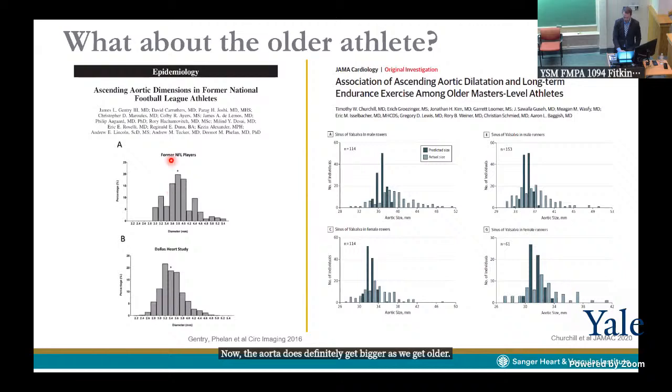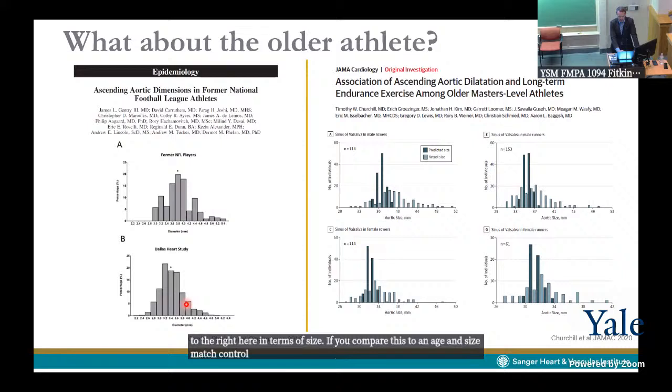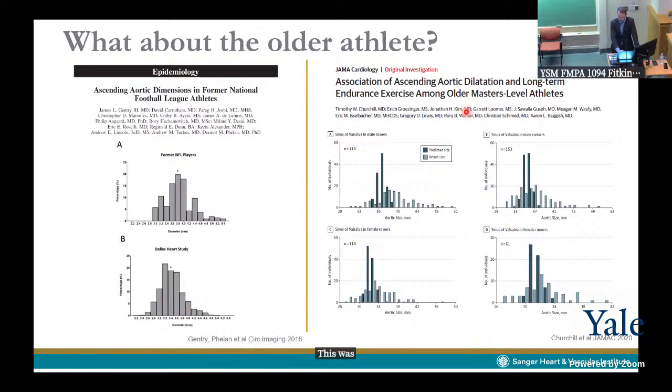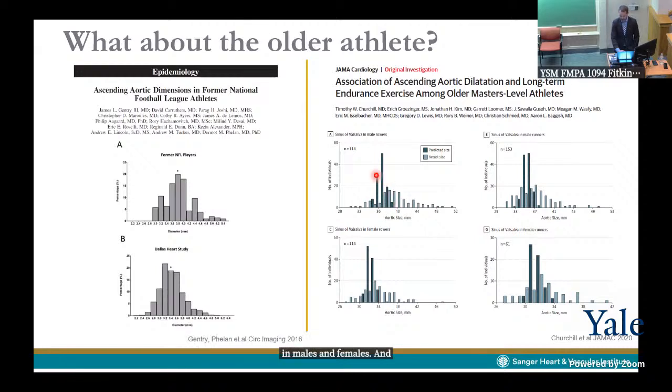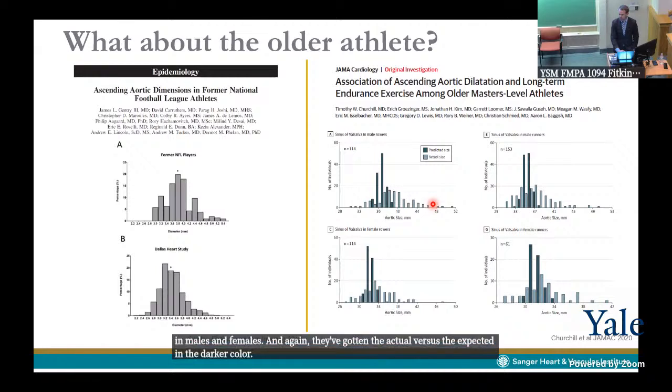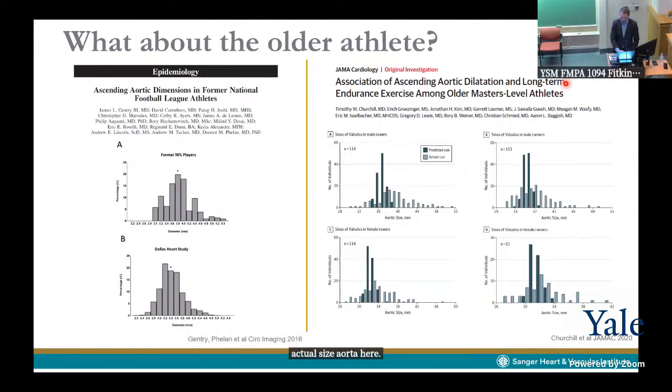This was data we looked at in the NFL. So we did screening of 500 retired NFL athletes, and we can see that the aorta is skewed to the right here in terms of size. If you compare this to an age and size match control in the Dallas Heart Study. This was a study done by Timothy Churchill at Mass General, looking at runners and rowers in males and females. And again, they've gotten the actual versus the expected in the darker color, actual size aorta here. So definitely we see the aorta is getting bigger in older